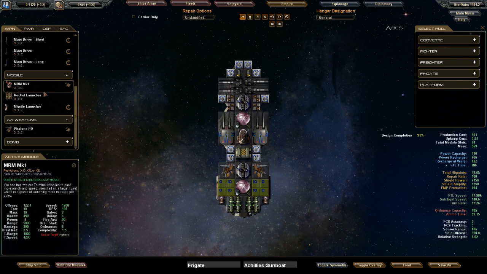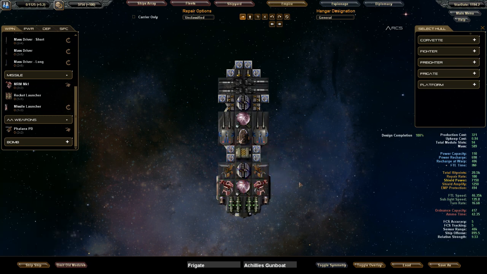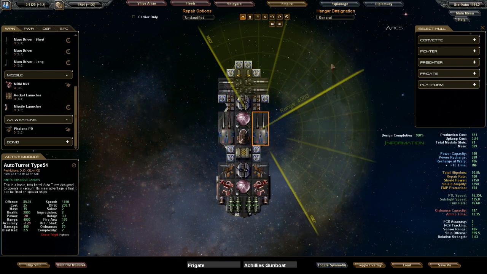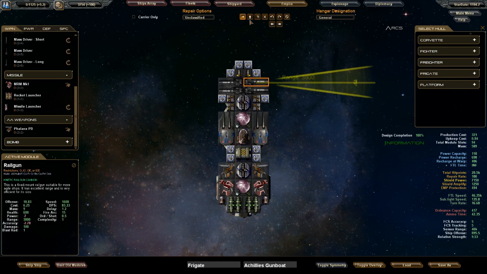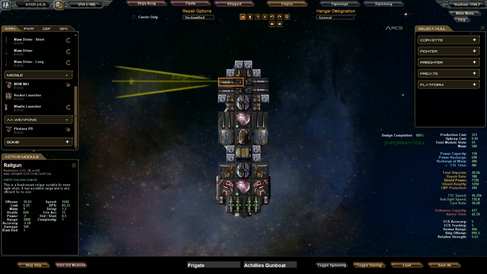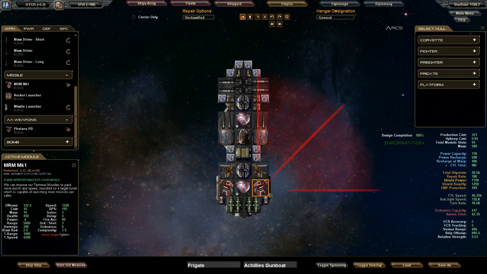So we also researched these MRV Mark 1s, and they are in a turret configuration. So why don't we put them on this side? And they've got a range of 5,800. So perhaps if we move them forward in terms of their arc of fire, then that will help with giving us more forward firepower than broadside. I still want the broadside ability though,